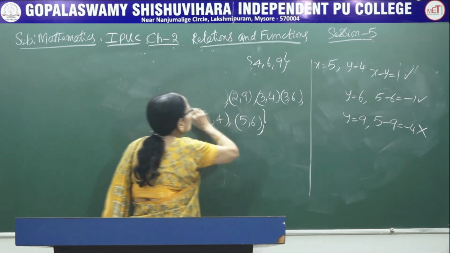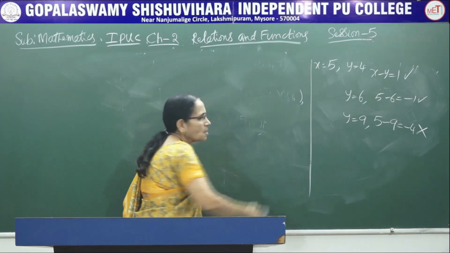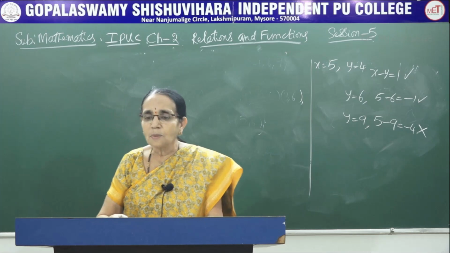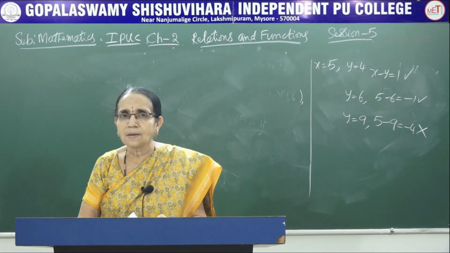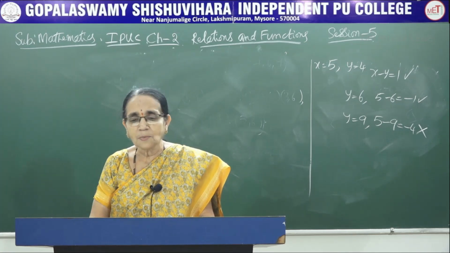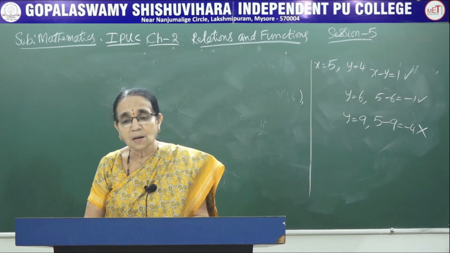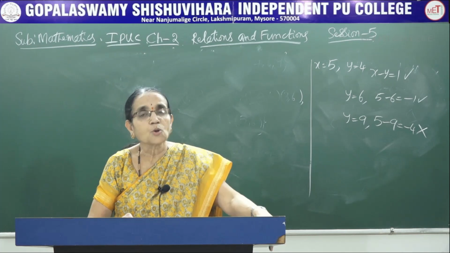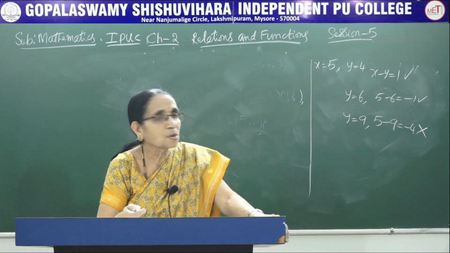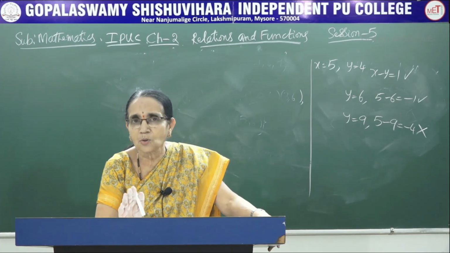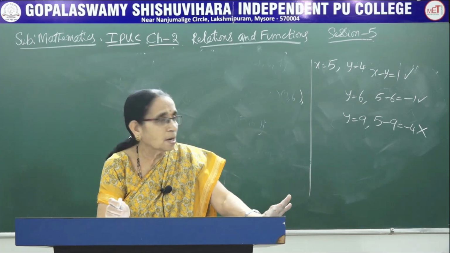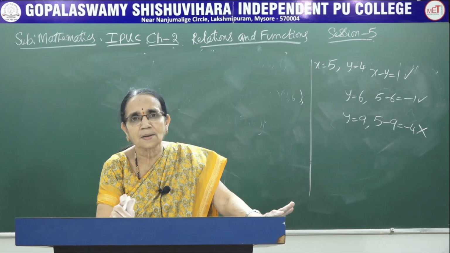So this is how you have to solve the problem. In almost all the problems on relation, you will be asked to calculate either the domain or the range. Sometimes you will be asked to express that using a diagram, geometrically. In that case, you have to use the arrow diagram. Otherwise, in most of the problems, usually the problem will be asked like this.